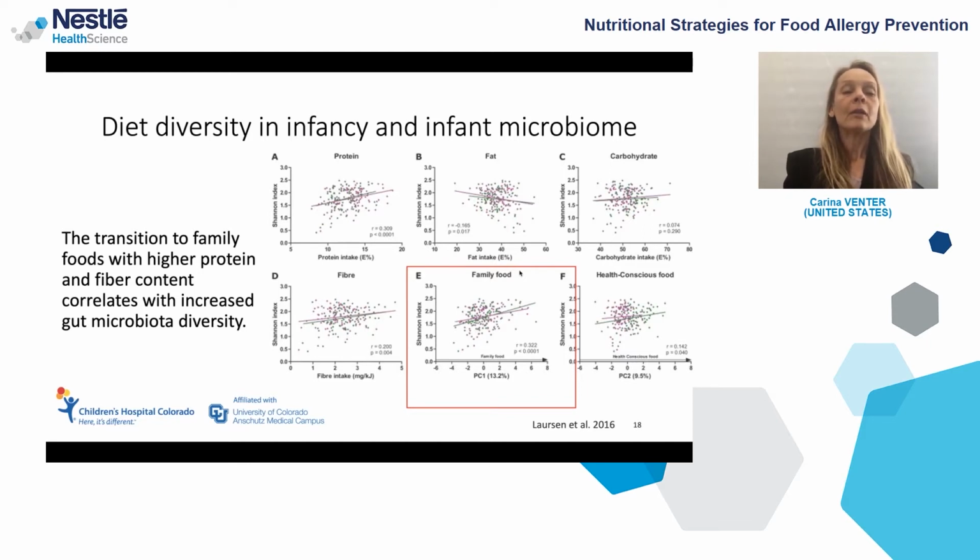So then when we look at possible mechanisms of how diet diversity may affect infant or childhood allergy outcomes, one of the most plausible mechanisms involved is the infant microbiome. There are no published data looking at infant diet diversity versus the infant microbial diversity. But I am actually sharing this study from Wegrzyn et al. with you, where they looked at family food intake in the first year of life versus microbial gut diversity measured